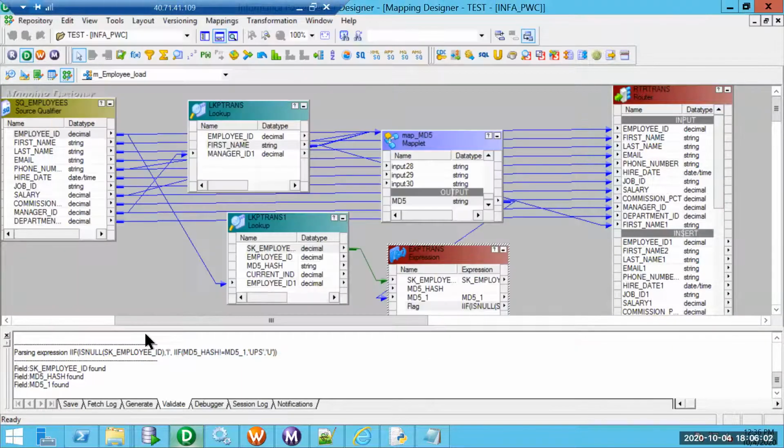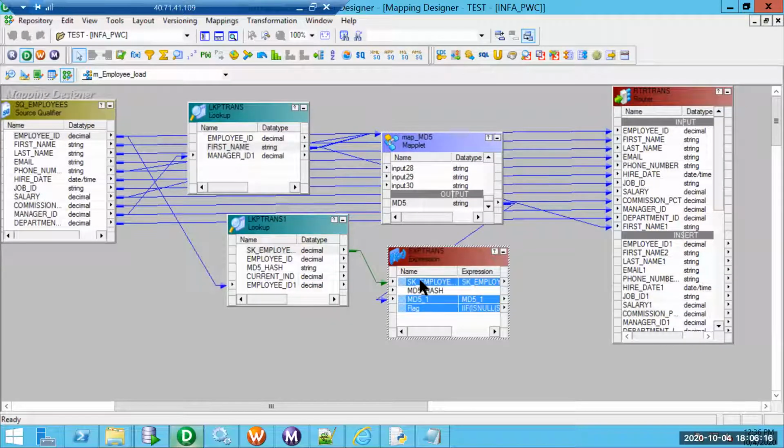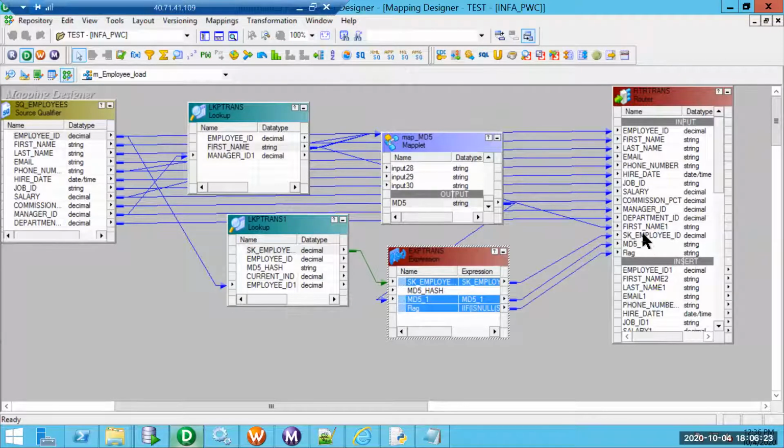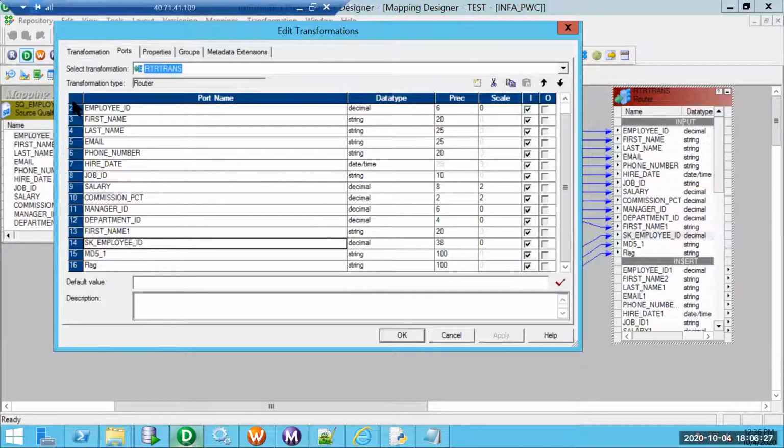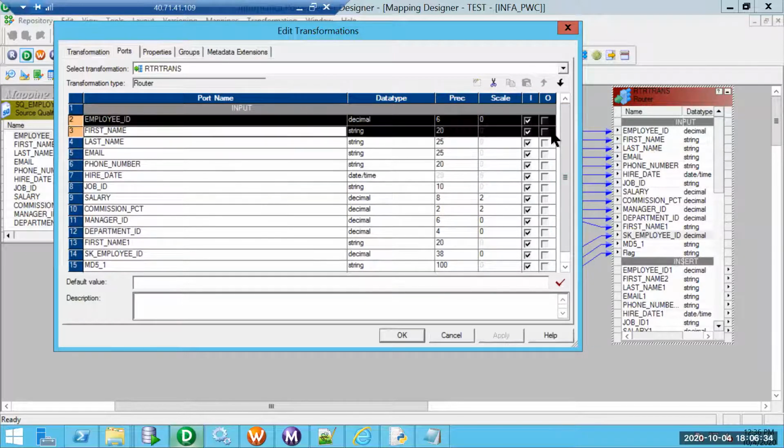Perfect. Now we need 3 fields from here. One is the hash from the map flag, which we have generated, and the SK. SK is meant for this update; in order to update, we need SK. That is the driving factor. So let me pull this SK to the top of the list. Employee ID.